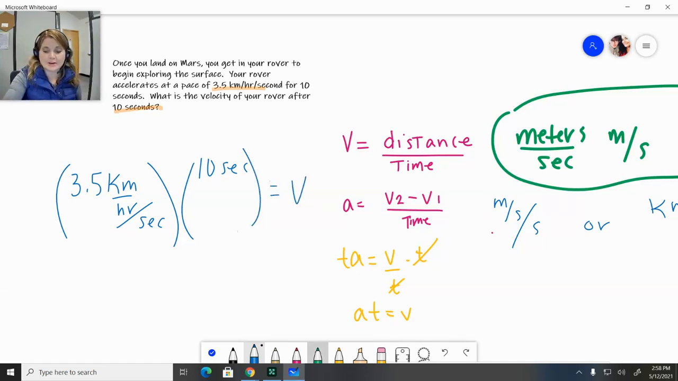So the units that are going to cancel here are seconds and seconds. Those cancel. So we can get rid of them and we can keep our final unit in kilometers per hour. I'm going to keep that as the final unit. So all you have to do is multiply the 3.5 kilometers per hour times 10 to get your velocity and